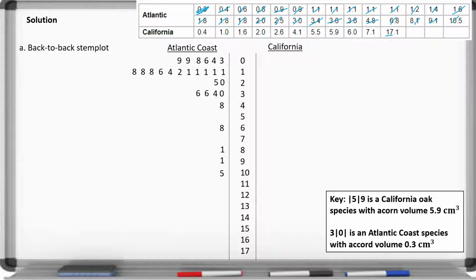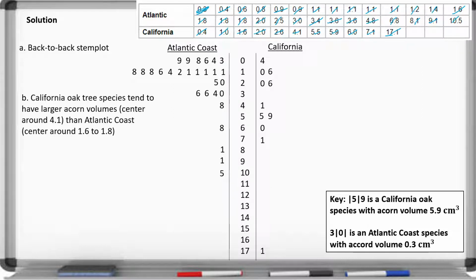As far as the right side is concerned, for California we got a 0.4, so we put a 4 there. We got a 1.0, so 0, and then we list out the rest of them. Okay, so that's our distribution. So now let's compare